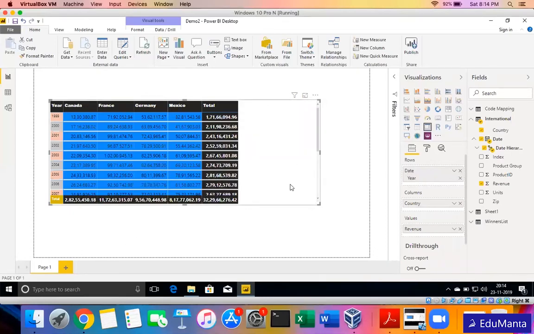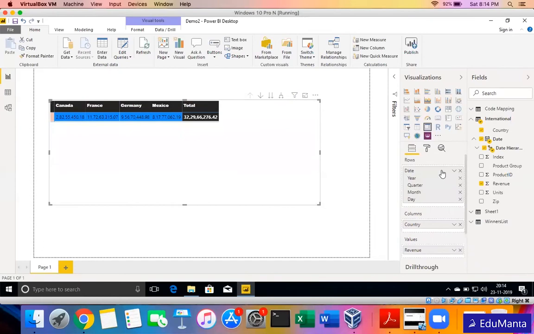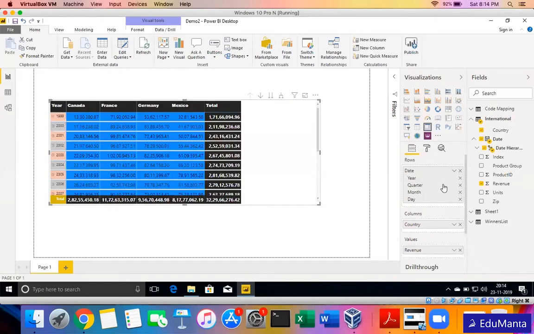And what is with the hierarchy is something, suppose there is year and inside year I wanted quarter data also, but it is at a next level of hierarchy. Only if the user wants, they can expand that. Otherwise it will be summarized at the year level. So I can do that. Let me just delete this date field and drag it again back. And what I did earlier, I deleted all the quarter, month, and day section. Right now, I will just delete day and month.